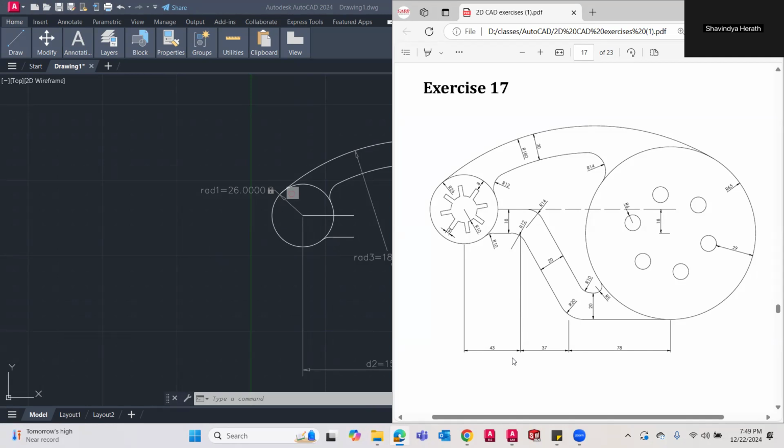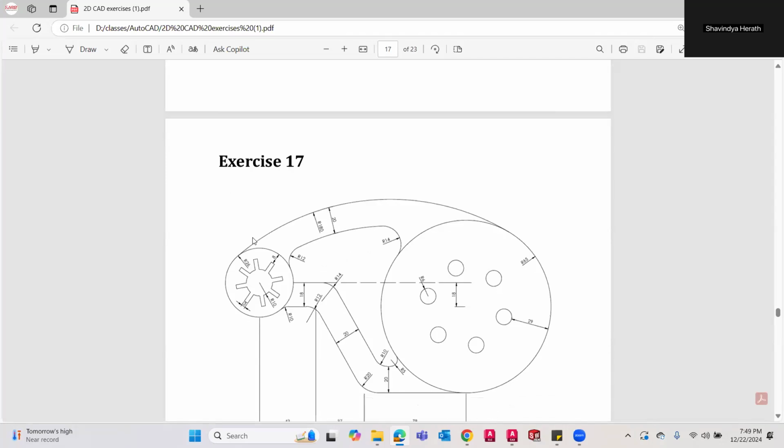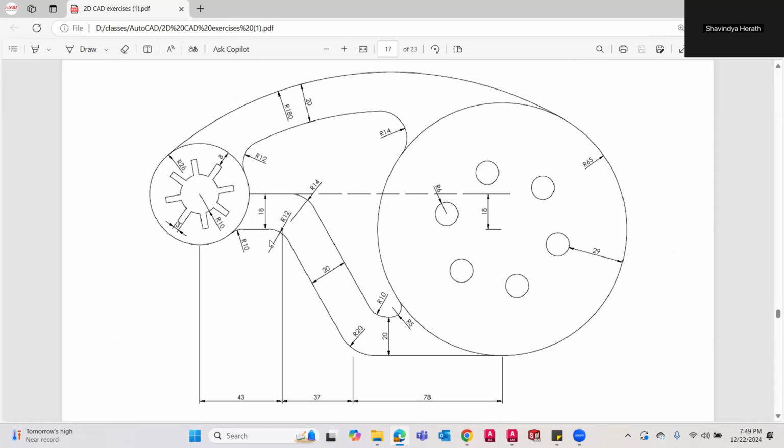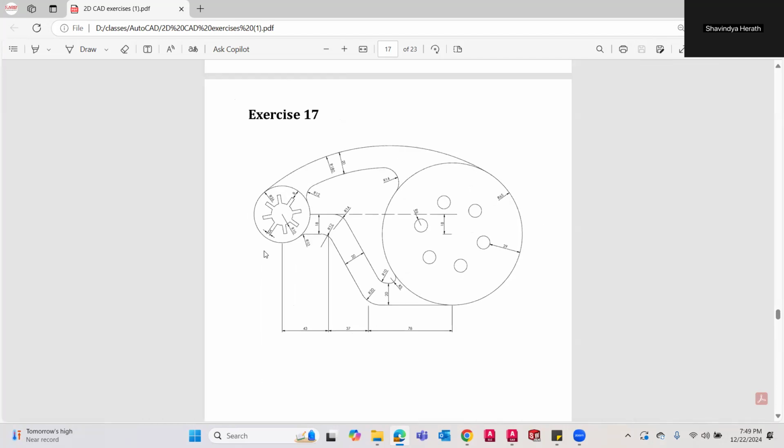From here to here, it is 43. Okay. This line is not the 43. Now I see to this center, right? We will zoom it a little bit. Okay. What is this center? This center. Where's the center? Okay. This is this center, right? Now we have drawn it correctly, right? Okay.